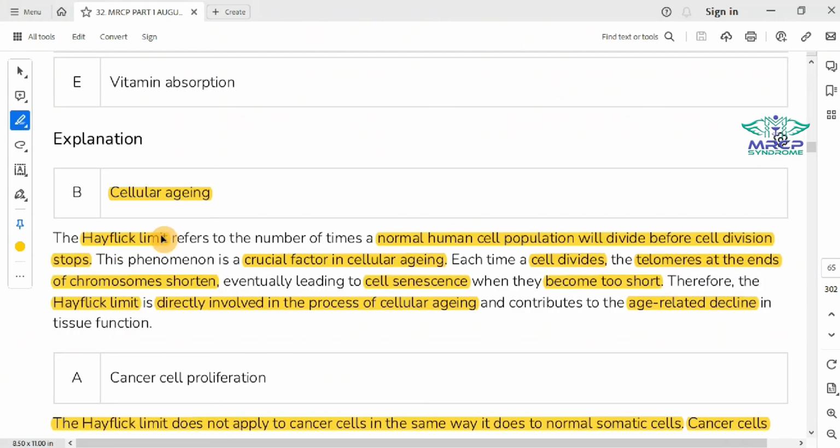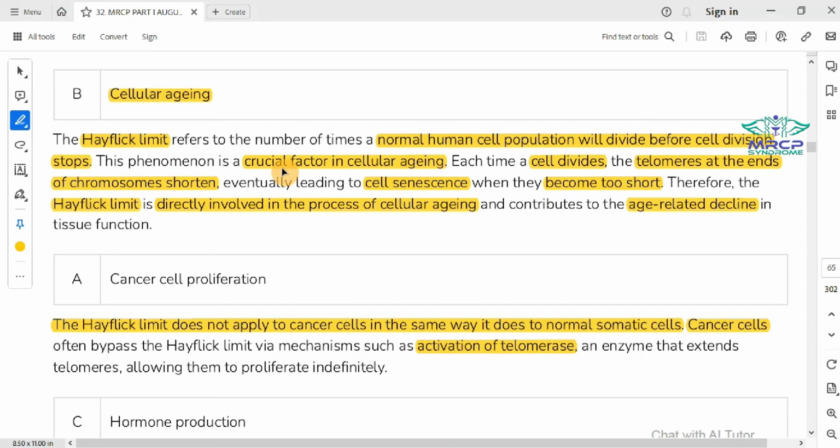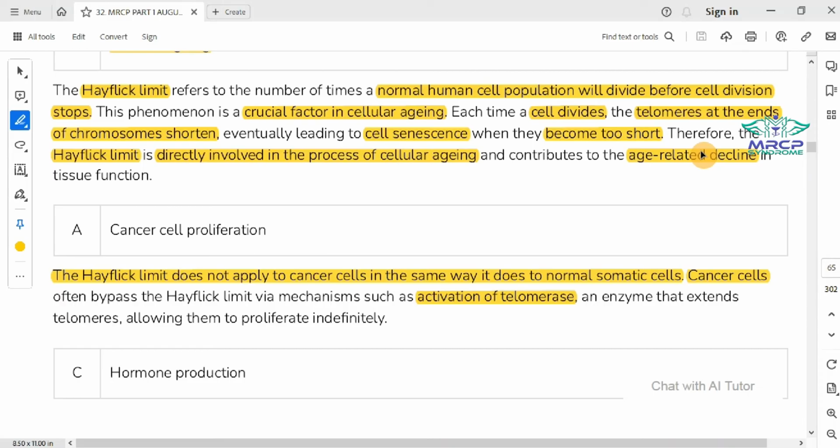The Hayflick limit refers to the number of times a normal human cell population will divide before cell division stops. This phenomenon is a crucial factor in cellular aging. Each time a cell divides, the telomere at the end of the chromosome shortens, eventually leading to cell senescence when they become too short. Therefore, the Hayflick limit is directly involved in the process of cellular aging and contributes to the age-related decline in